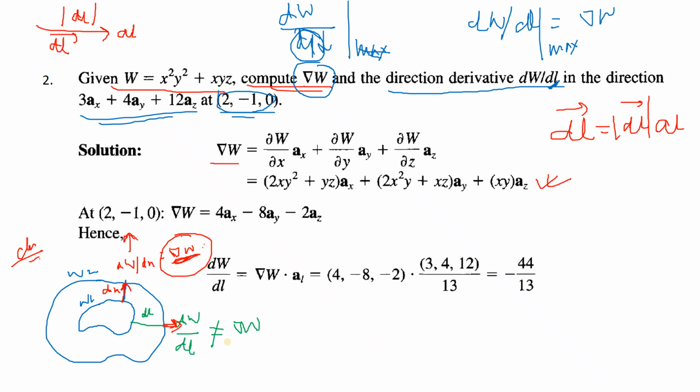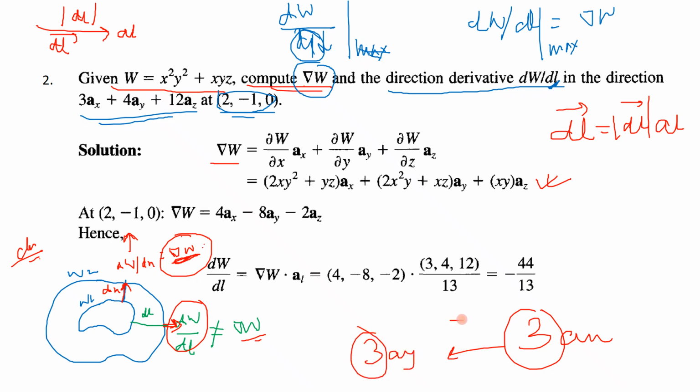सो इफ यू टेक द मैग्नीट्यूड एंड इफ यू मल्टीप्लाई विद द यूनिट वेक्टर ऑफ दिस डायरेक्शन, देन यू विल गेट द वैल्यू ऑफ दिस. वो ऑब्वियसली इसके साथ इक्वल नहीं होगा, क्योंकि डायरेक्शन चेंज हो रहा है, तो उसका वेक्टर तो चेंज होगा. मान लो कि you have 3 unit vector x. If you take the 3 and you shift the gear by 90 degree, then you will get 3 unit vector y. So 3 common है, लेकिन वेक्टर इक्वल है क्या? नहीं, वेक्टर इक्वल नहीं है.